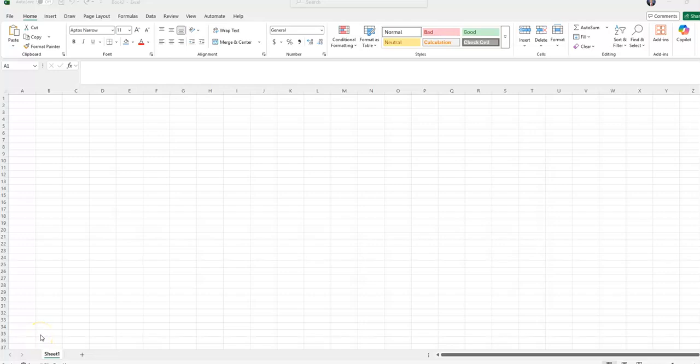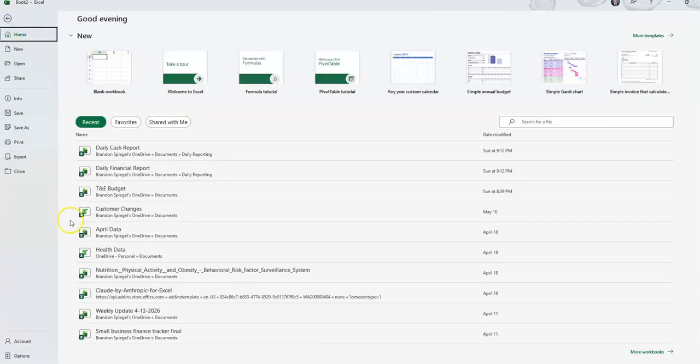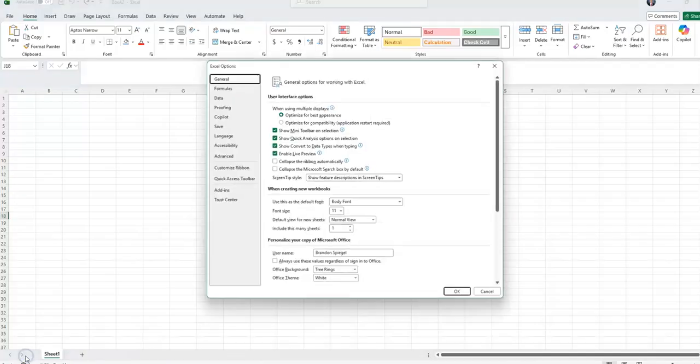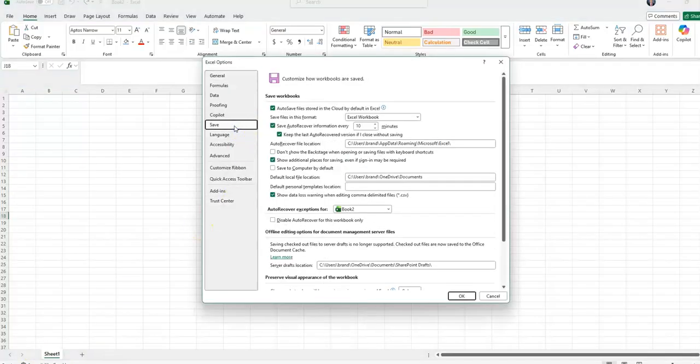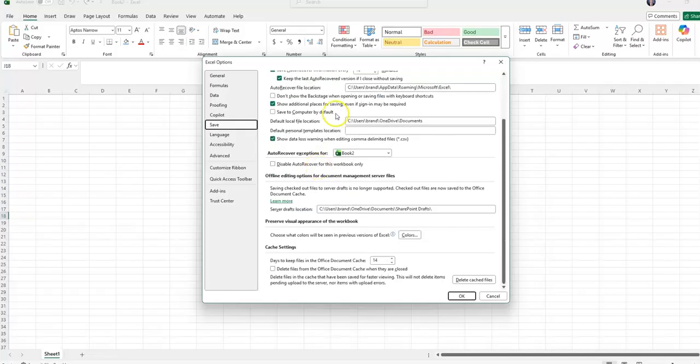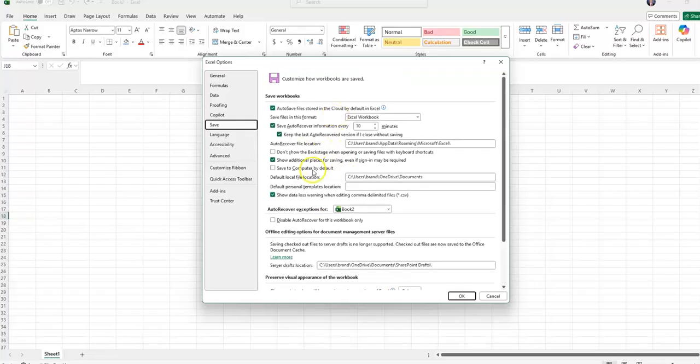In this tutorial, I want to show you how you can change the default save location whenever you're saving files locally in Excel. So to do this, go to File, all the way down to Options at the very bottom, and from here, you're going to want to click on Save, where you're going to see an option towards the middle right here, where you click on Save to Computer by Default